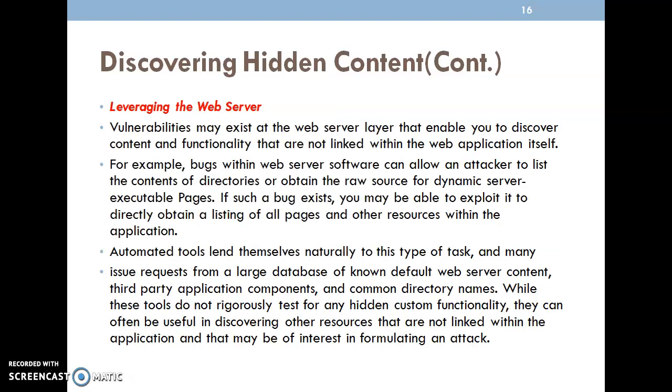Then, leveraging the web server: whenever the client requests a file from the web server, the attacker can access it by using some bugs within the web server software.